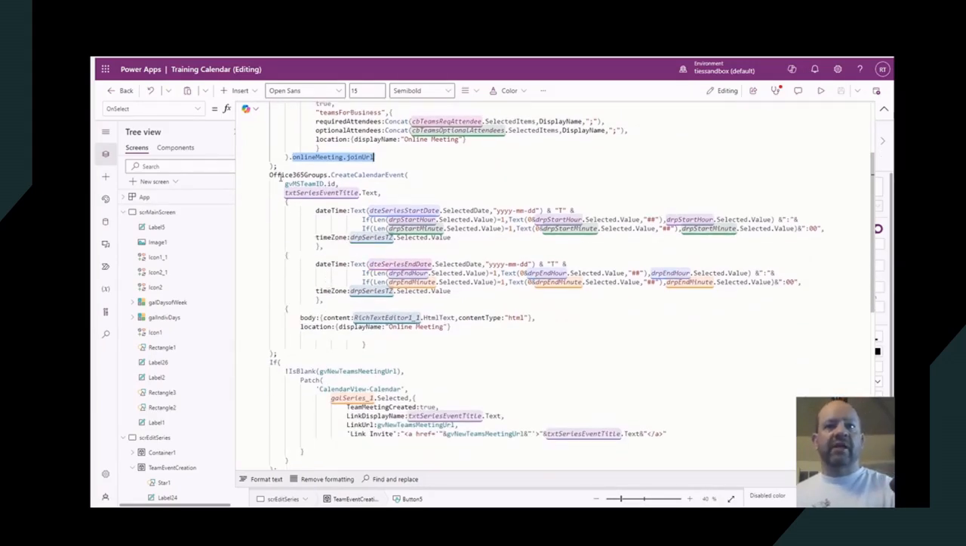Second thing it does, it adds it to my group. So I am doing Office 365 groups, create calendar event. So I am creating a calendar event on my group. Only thing, if I could create this URL from here, I'd do it, but it doesn't give me the option. Okay, it just lets me fill in the normal calendar stuff. So what I did is